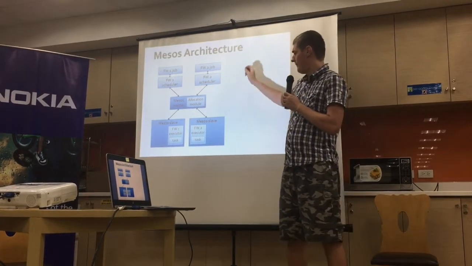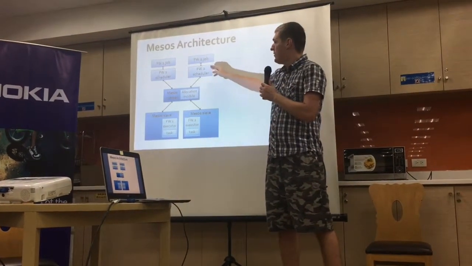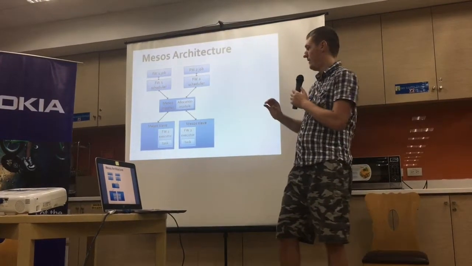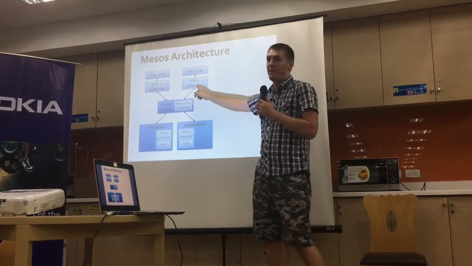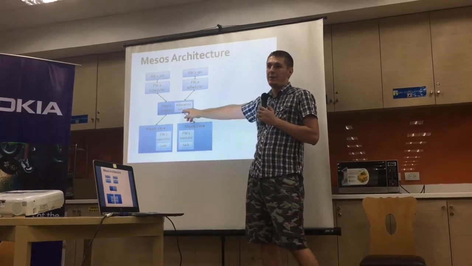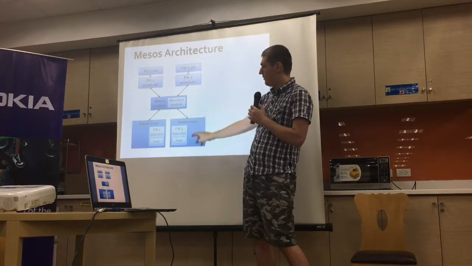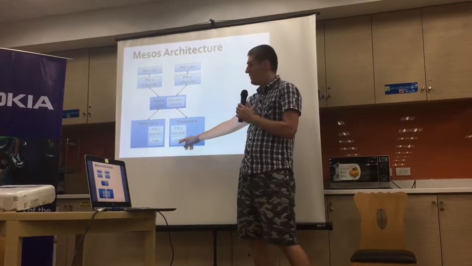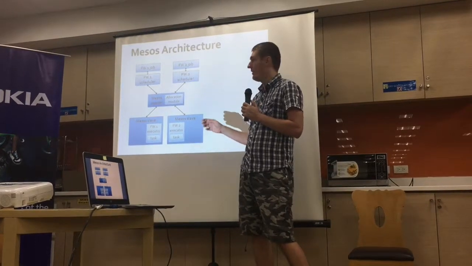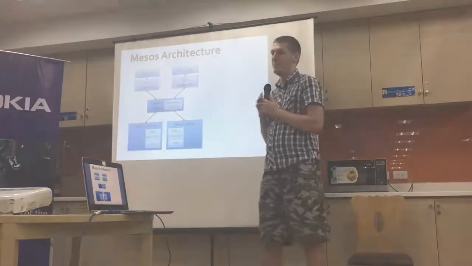This is another slide. So basically, we've got some application which is a framework scheduler. For example, in case of Kubernetes, we've got the Kubernetes scheduler and the Kubernetes executor. We are communicating with the Kubernetes scheduler, and this scheduler asks the Mesos cluster where the free resources are. Then the Mesos master redirects the Kubernetes scheduler to the appropriate node, and it launches an application called the Kubernetes executor. This is a tiny Java application, also provided together with the Kubernetes framework, and it launches the pod on some